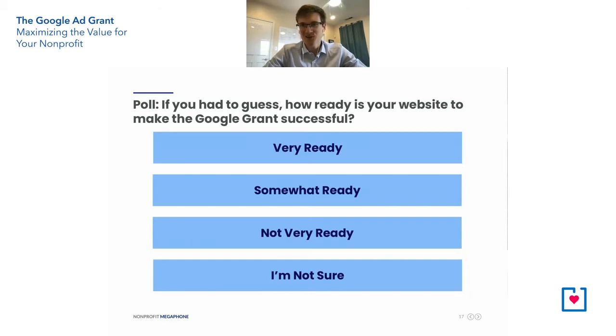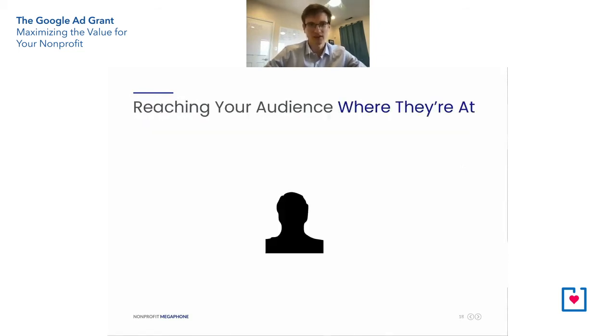Yeah, when I started working with the Google grant like 5.5 years ago or whatever it was, I was very unsure of what makes a specific website successful, because we'd work with a wide variety of clients at the beginning. Some of them would be really successful with the ad grant and some would not be as successful. And we realized that the common thread was whether or not the organization had content on their website that people were looking for. And what that basically comes back to is reaching your audience where they're at. And so oftentimes